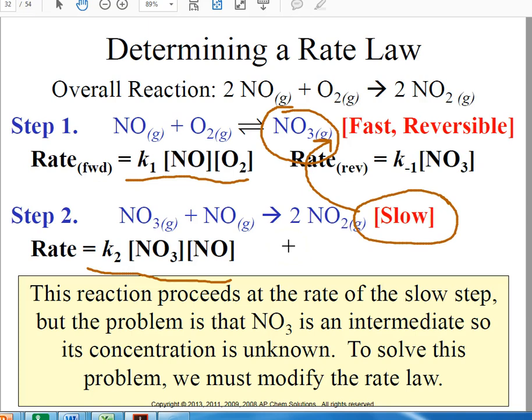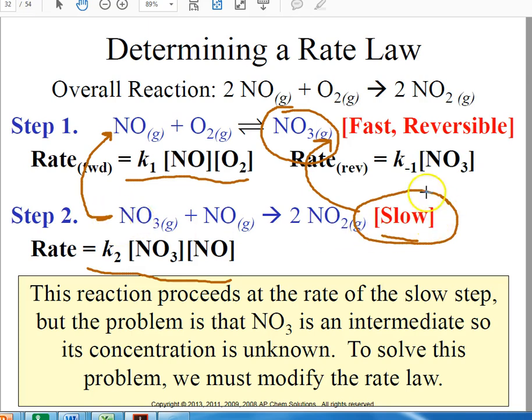So if step 1 is fast, it's going back and forth, waiting on step 2, which is slow. So the point, though, is when we consider the rate law, we have to consider that the first step is reversible. So it actually has 2 rates, the forward and reverse, and then you have the rate for the second step, your slow step. So what I say to do is, and they're going to complicate it a little bit in the next part, and I'll try to skim over that: if your second step is slow, or your third, or your fourth, or whatever, look at that step and any that come before it and cancel